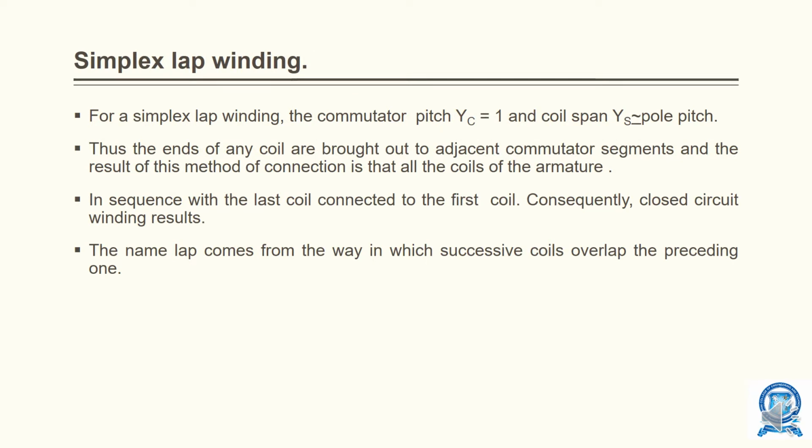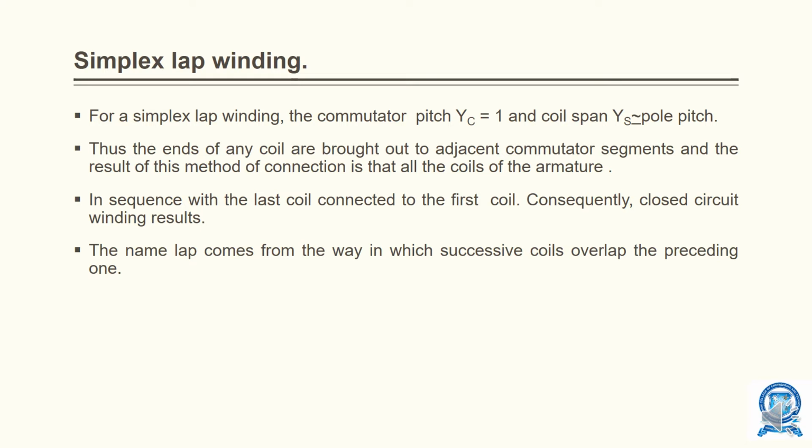First, let us discuss Simplex lap winding. For Simplex lap winding, the commutator pitch YC is equal to 1 and the coil span is almost equal to the pole pitch. So here the commutator pitch is equal to 1 and the pole pitch is almost equal to the coil span. Thus, the two ends of any coil are brought out to adjacent commutator segments,